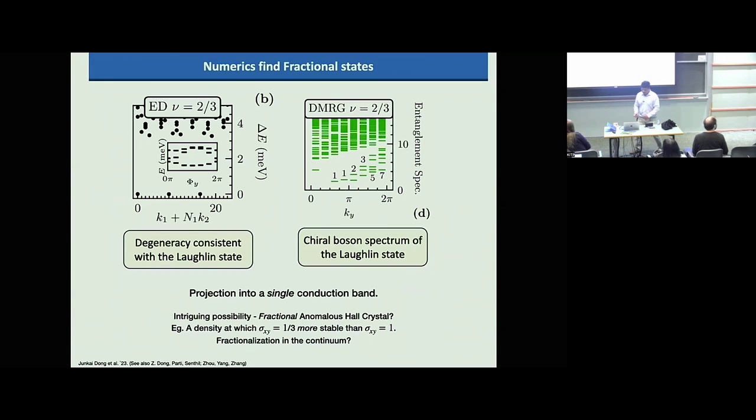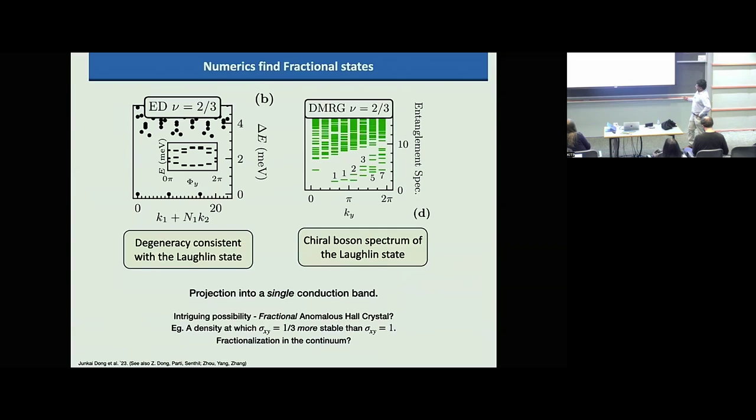Okay, so actually the experiment also saw fractional states. And we can reproduce that, although not in a super convincing form, because what we do is we project all the interactions into a single conduction band. Okay, so this goes against our philosophy that the Moiré is weak. But given the limitations of what you can do, you can't really do Hartree-Fock to get fractional states. If you have to do any of these numerical calculations, we can only work with a single conduction band. And there we do see, for example, at nu equal to 2/3, the expected fractional quantum Hall state.